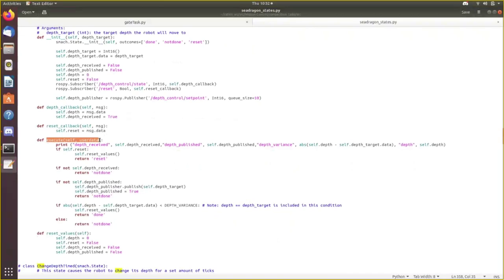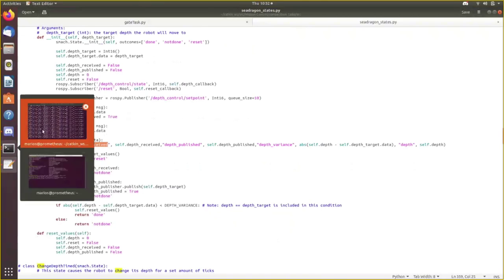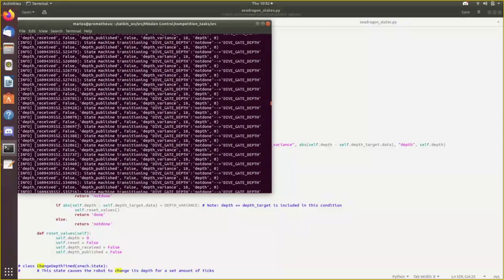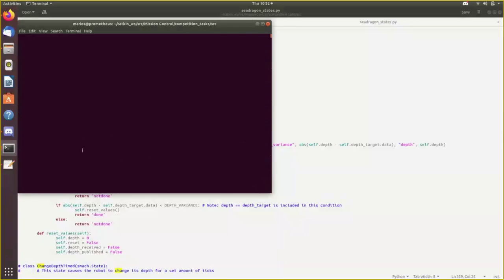In execute right here, this is what runs when it's in that state. We'll print out some information that you can see right here, but it's moving too fast so I can't really see it. Let me see if I can just scroll so you can see it. It says depth was received, false, because we don't have